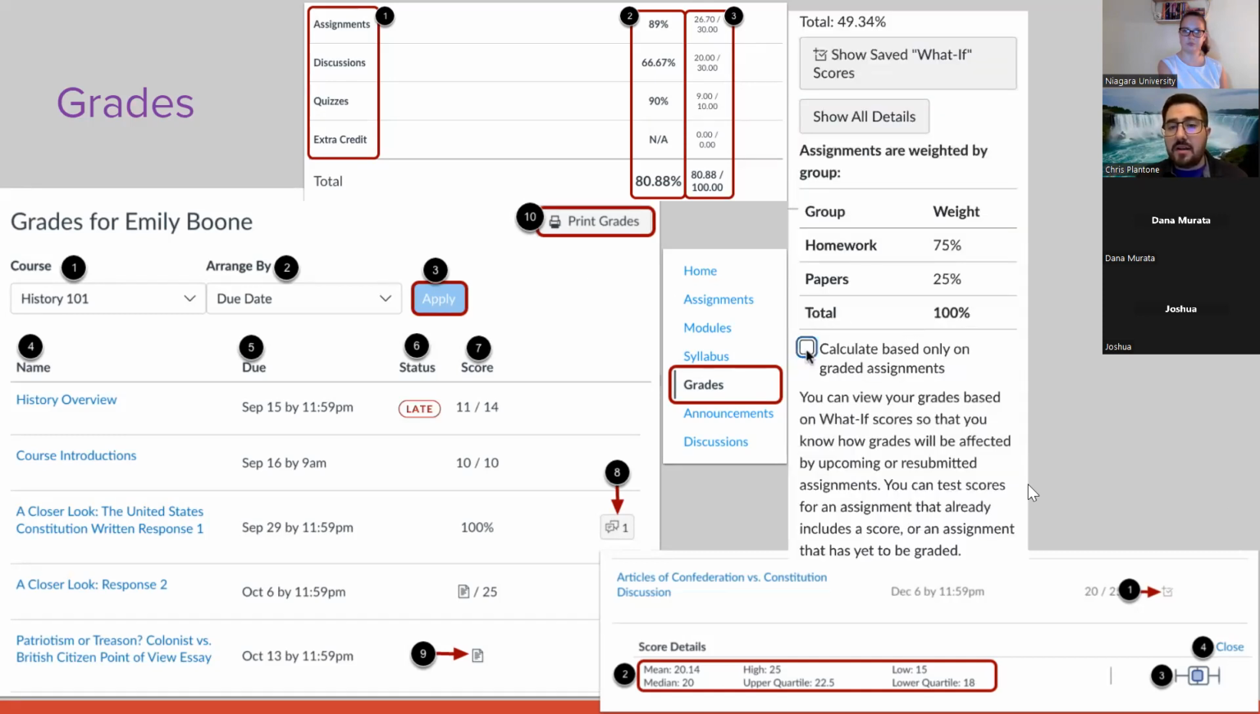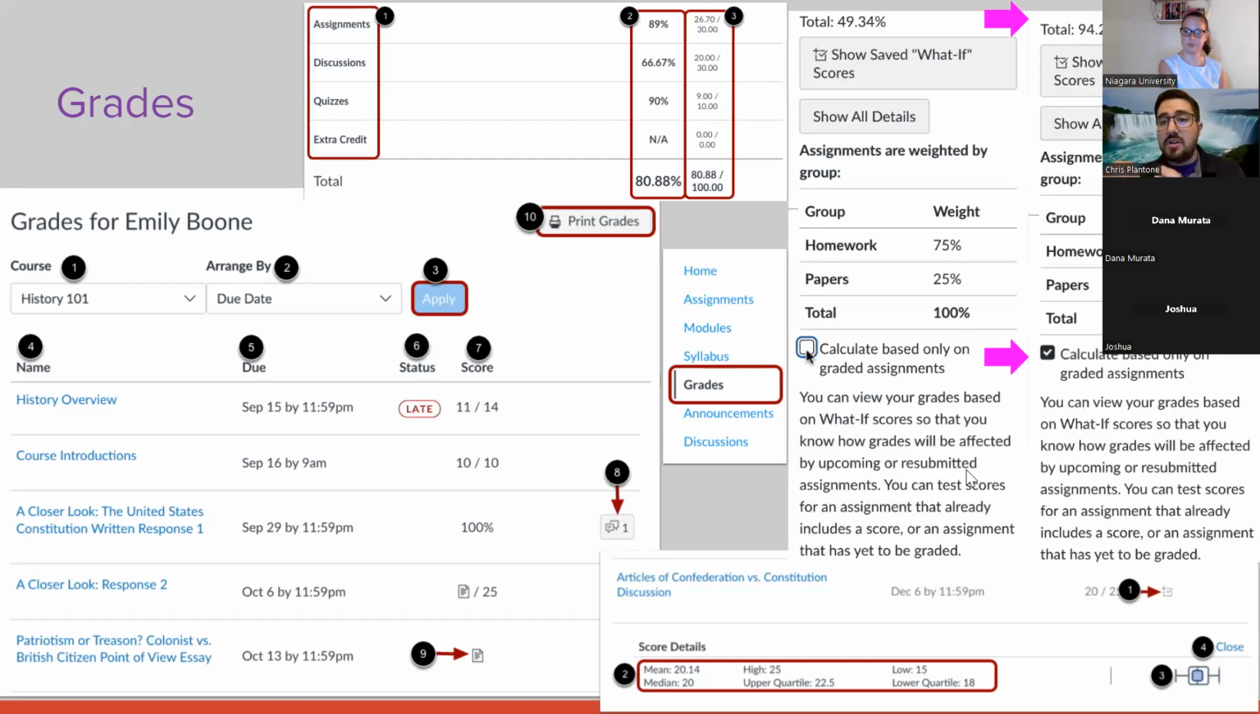And this is something that a lot of students don't know, is you see this total for the course. So it looks like you're failing. You have a 49.34. Your parents are freaking out. But some professors will automatically have zeros for every assignment until it's turned in. So all you have to do is calculate based on only graded assessments, and then it's going to turn into